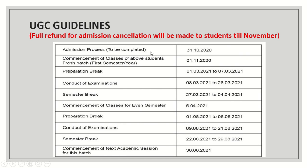So the admission process: if the result is published by October 15, then each university will be releasing or publishing their own rank list. The admission process is likely to be completed by the end of this month. By 31st of October, the admission process will be completed. By November 1st, the classes will be starting, the commencement of classes for the fresh batch. First year semester will be starting on November 1st. So these dates may be tentative,